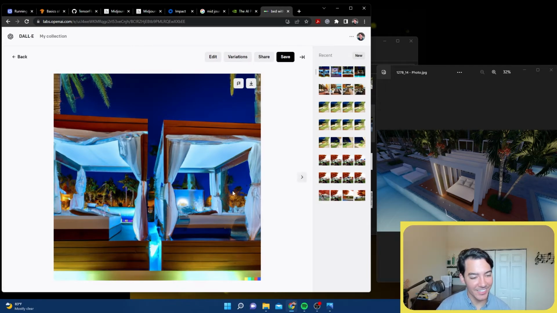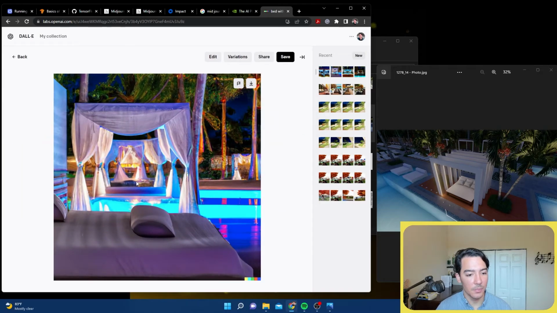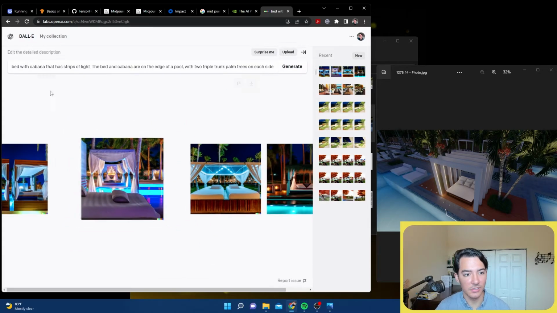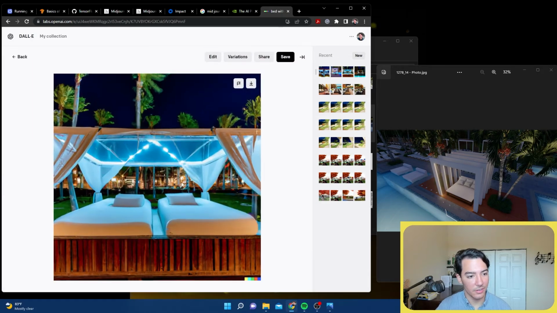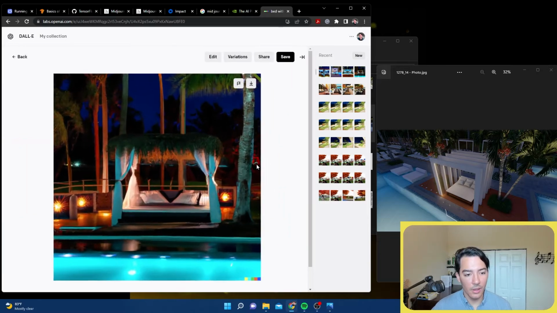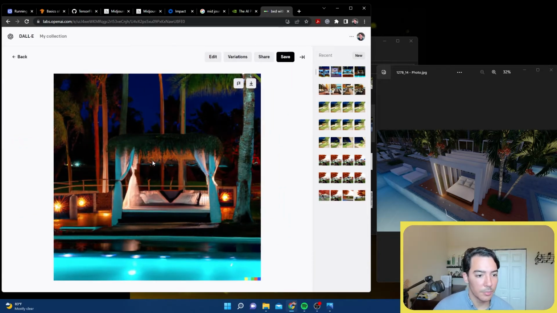This is a better result, I would say. I guess I should have put perspective where this is more like a section. But this gets the atmosphere correct, even though it's like painterly, so I should have said Lumion style as well. And it's doing its best to make like the cabana structure, but I didn't really give it detail of how that's made. See, this one, it's made of these like palm fronds or whatever this is, grasses. But overall, I think this is a better job.